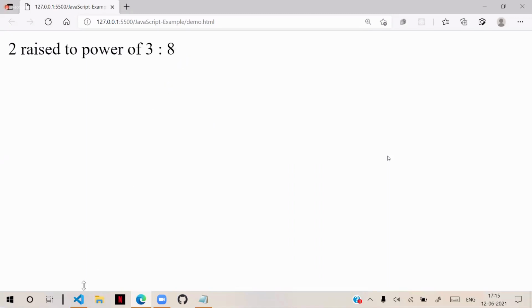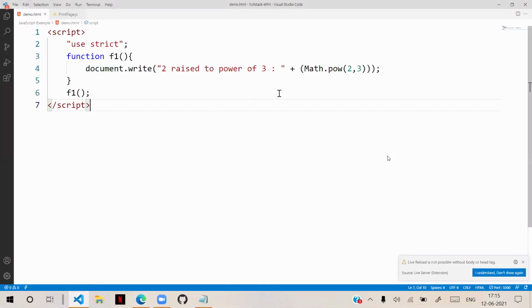Now in the new versions of JavaScript, we can handle this. Simply, instead of writing Math.pow and all, we can simply write 2 double asterisk 3. Like this we can write. This is an exponent operator.